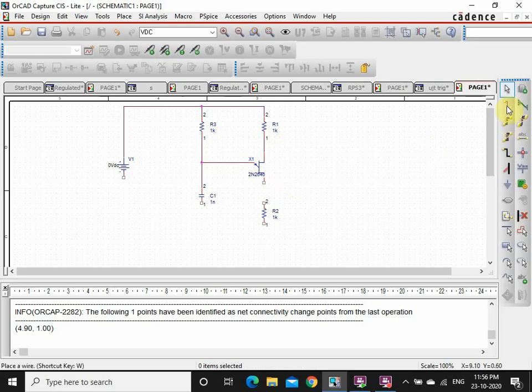Again take your wire. So here the connection is missing. So connect it, escape. Next, again take your wire. So here you connect it.